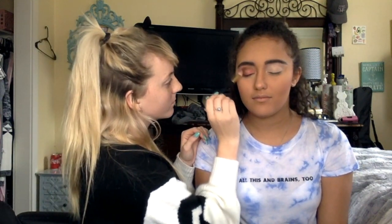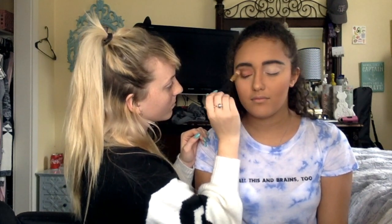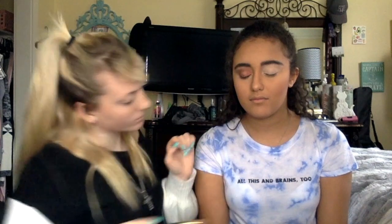Alright, and of course we're going to blend that out. Alright, so now that I'm done with this eye, I'm going to go ahead and do the other one off camera. Alright, so I'm almost done with the look. I was working on it and I didn't want to put an inner corner in there, and she suggested this candle color right here. So I'm going to go ahead and